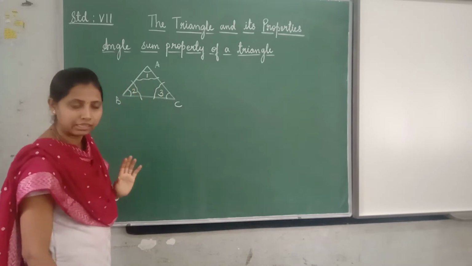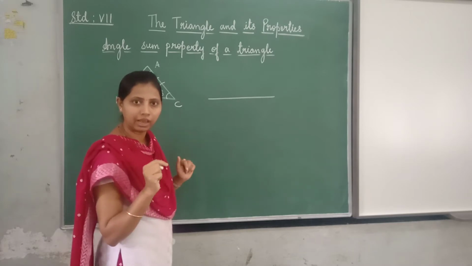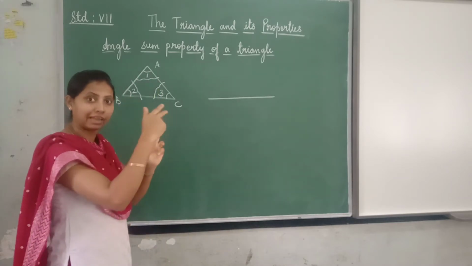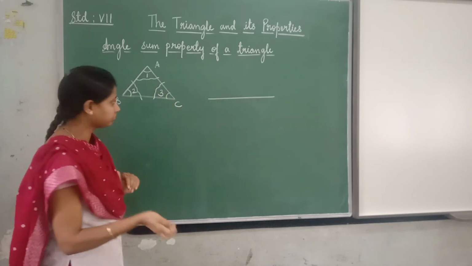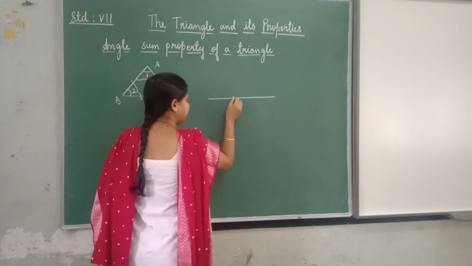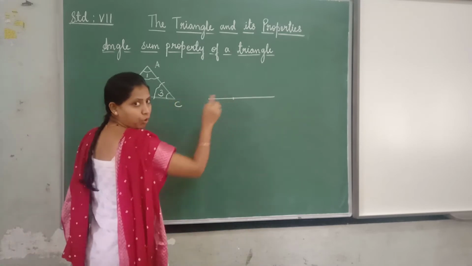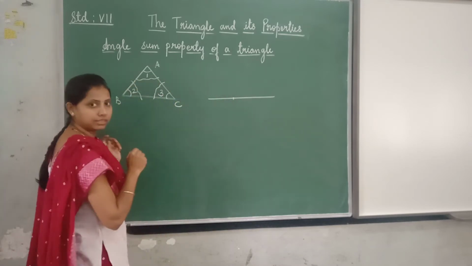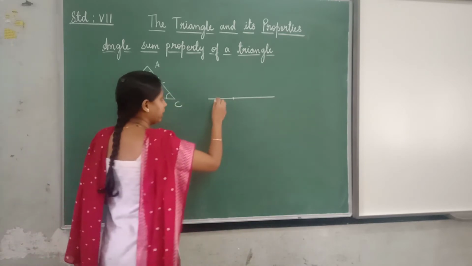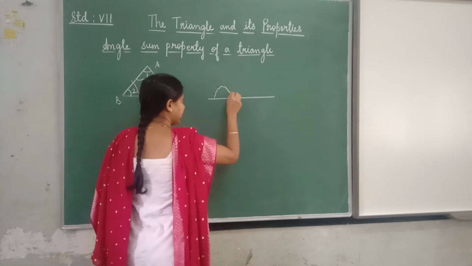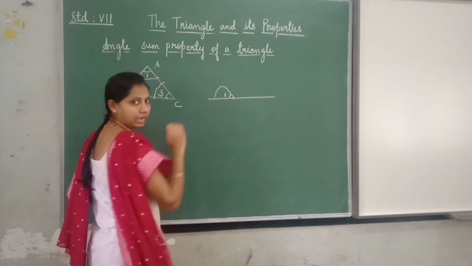Now these 3 angles, you place them on a plane, on any straight line. Draw a straight line and place these 3 angles that we have cut with the help of the scissors. When you place them on a straight line, all the 3 vertices A, B, C must coincide on this point. Suppose you are placing angle 1 here. It should fall on the straight line.